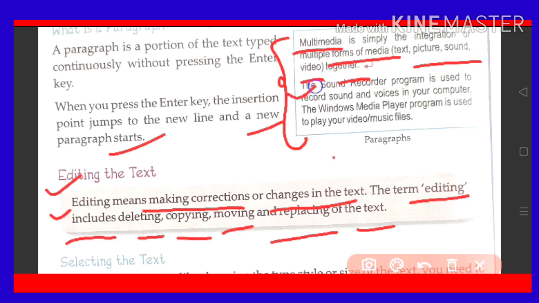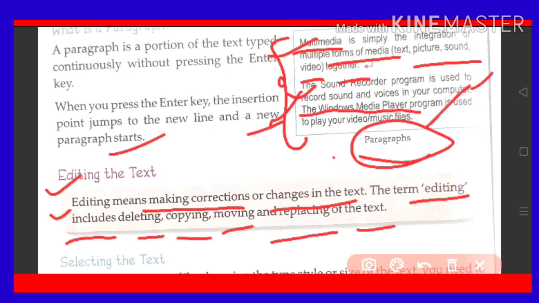The Sound Recorder program is used to record sound and voice in your computer. The Windows Media Player program is used to play your video and music files. This is one paragraph about two terms. One term is Sound Recorder and the second is Windows Media Player, and one is about multimedia.